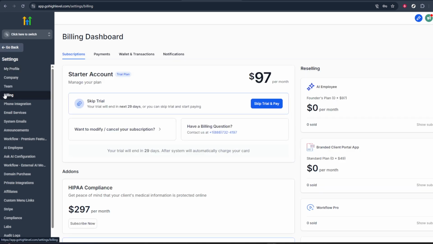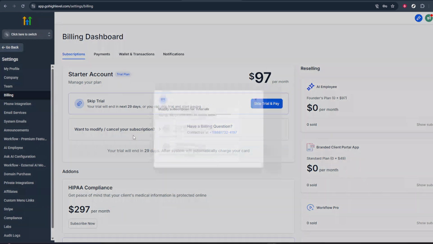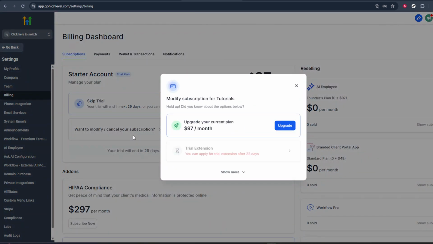After you open the settings page, you'll see a list of options on the left side. Look for the option called Billing and click on it. The billing section is where you can see your current plan, invoices, payment method, and subscription details. Take a second to confirm you're looking at the right account and the right workspace, especially if you manage more